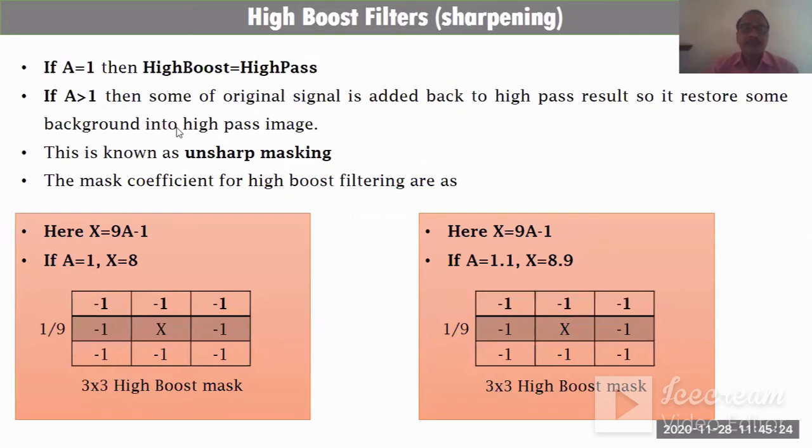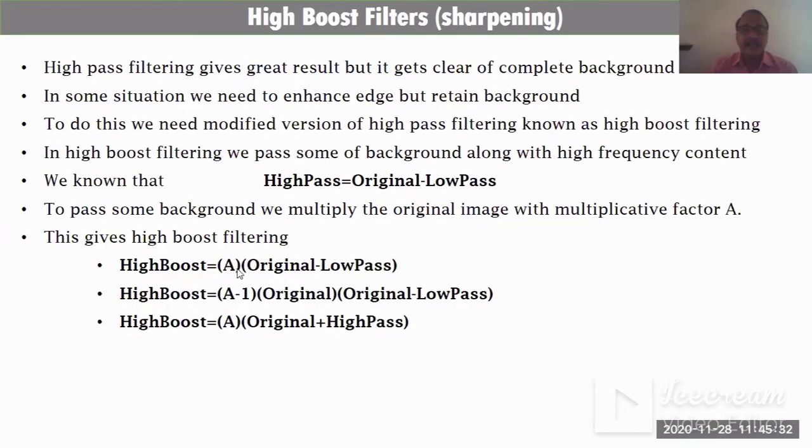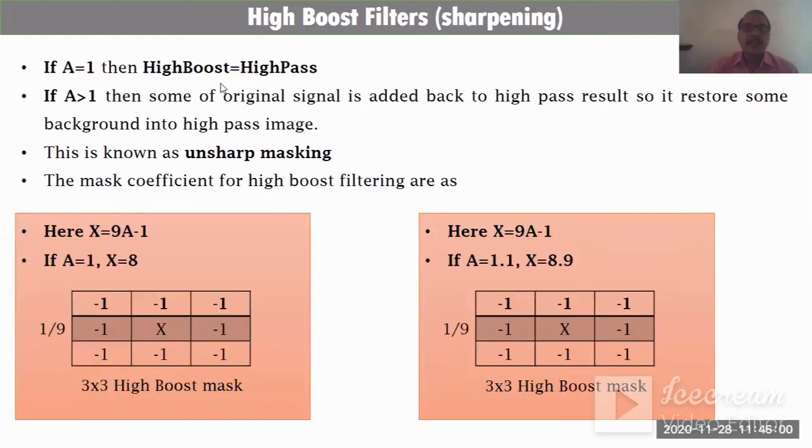Okay, so for example here in high boost filter, if A is equal to 1 then high boost is equal to high pass. जर a ची व्हॅल्यू 1 असेल, see if A is equal to 1 then whatever the high pass filter is. आता हा फॉर्म्युला कसा असणार आहे, see एकच फॉर्म्युला बघू, A into original minus low pass. So A is equal to 1, then what is equal to original minus low pass, so that is same as a high pass. बघा यामध्ये a ची व्हॅल्यू 1 घेतली तर 1 into original equal to original, so original minus low pass, so same value is equal to high pass. Means that if A is equal to 1 then high boost equals high pass.